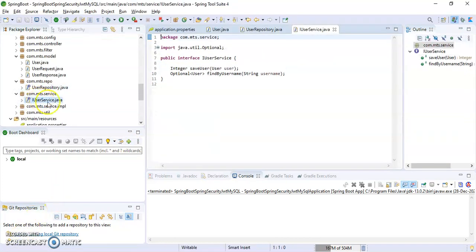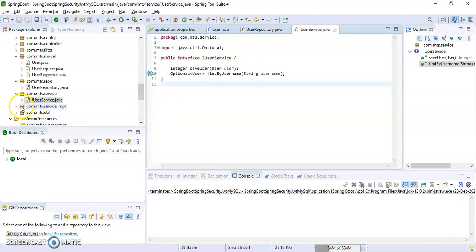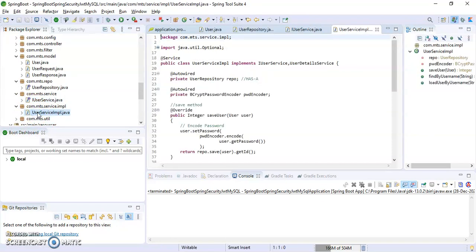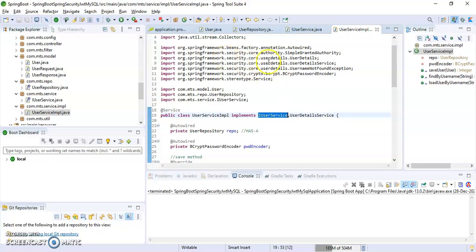Then you have to define the interface, which will consist of two methods, which are saveUser and findByUsername, which is Optional. Then you have to define the service class and annotate it with @Service, and this class will implement the interface UserService and UserDetailsService. UserDetailsService is a predefined security class given by the Spring Framework.